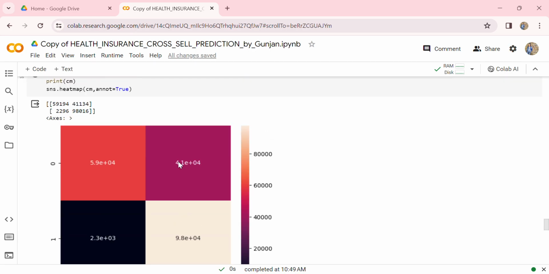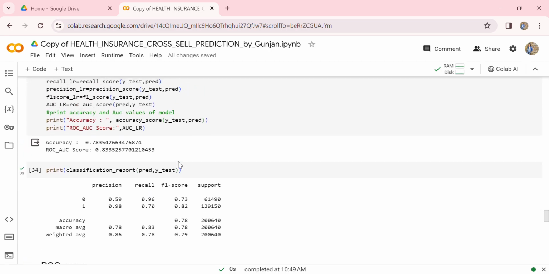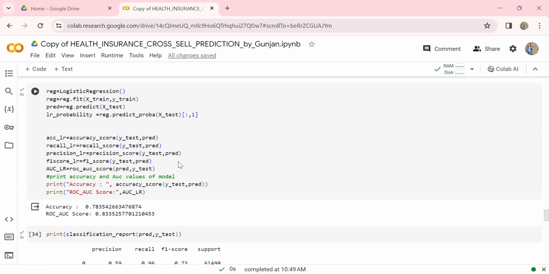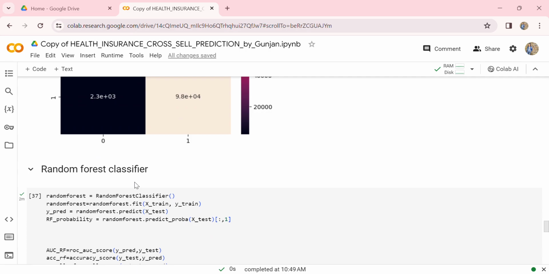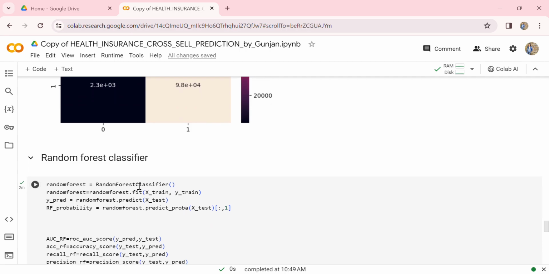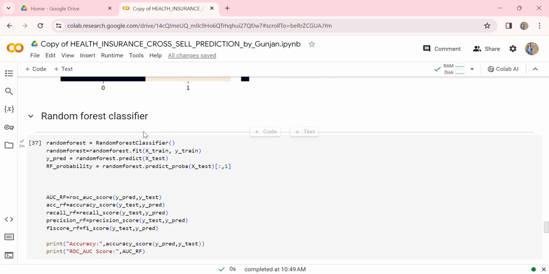And we have seen that the accuracy of our model with logistic regression was 78%. By accuracy we mean the ratio of true positive plus true negative divided by the total. Then moving further, to improve our model, for further model selection, we have taken random forest